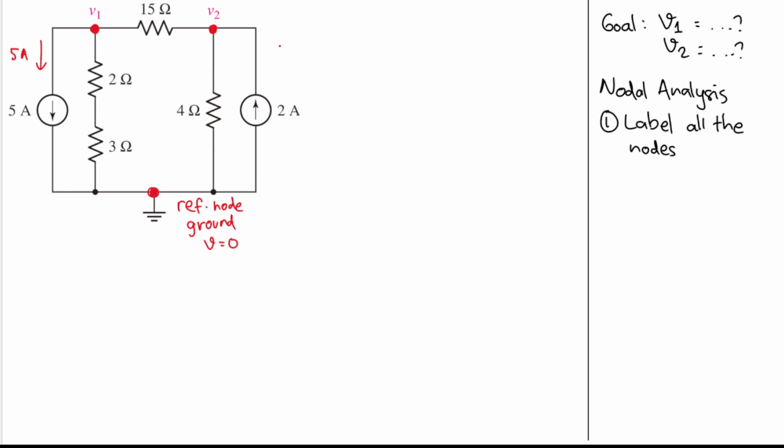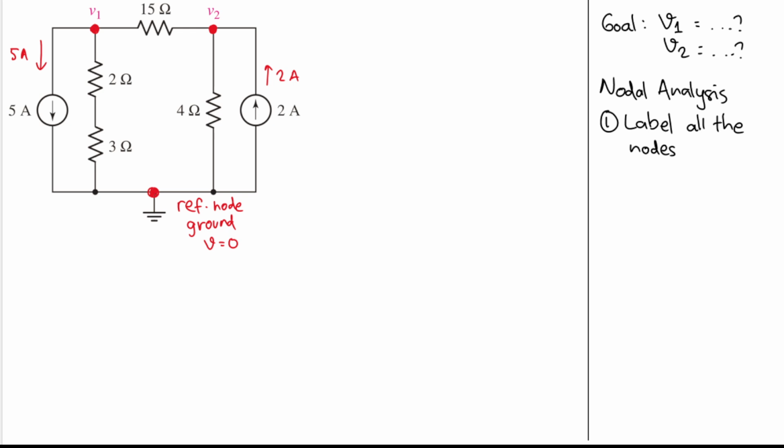And on this branch, the current is going up, just see the arrow of the current source. So this one will be 2 ampere. So this is 5 ampere going down, and this is 2 ampere going up. I think we have labeled all the nodes and also extracted some information that will be useful in the